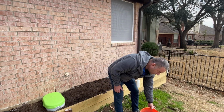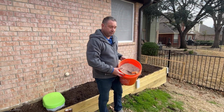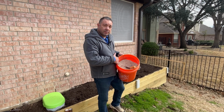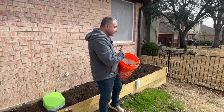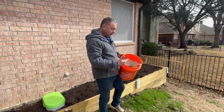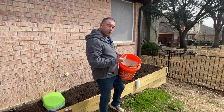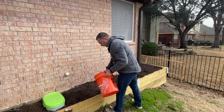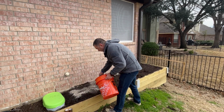But what I am going to do is add ash. Like I said, I had my family save this for me, and I'm going to just nicely layer it here in the garden, and then I'm going to put black cow on top of that. We're going to turn that in. So go ahead and do that, and not going to do just a ton of it, but just enough to